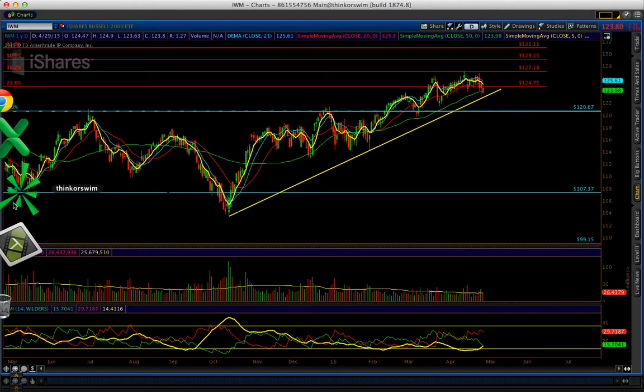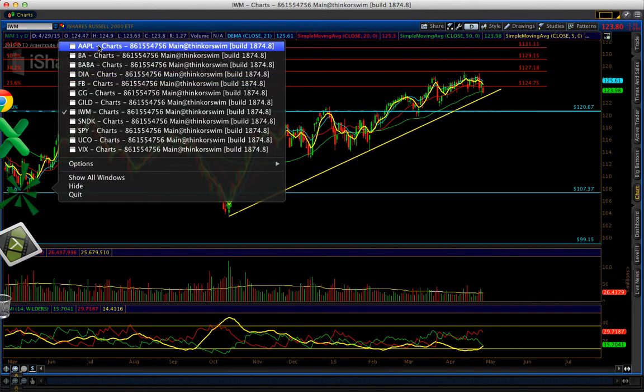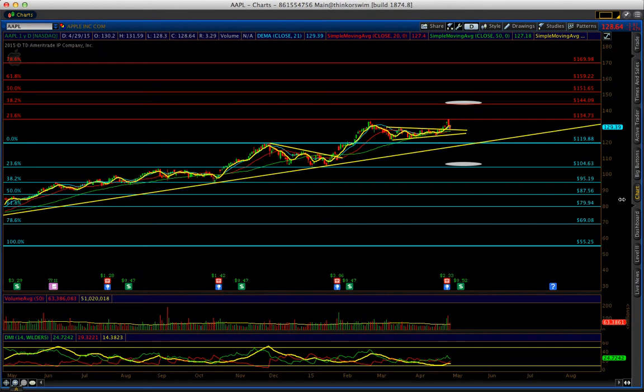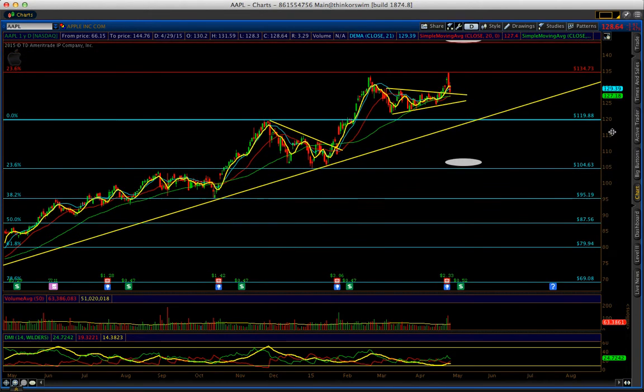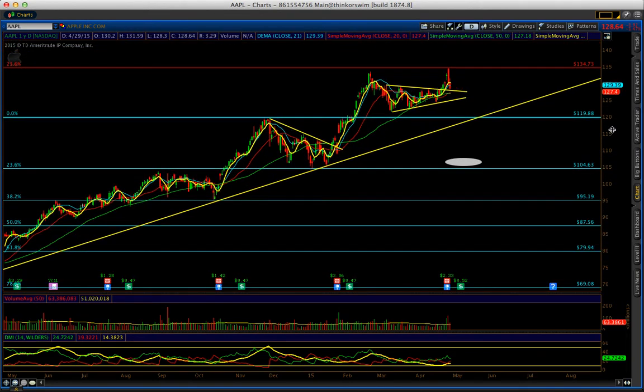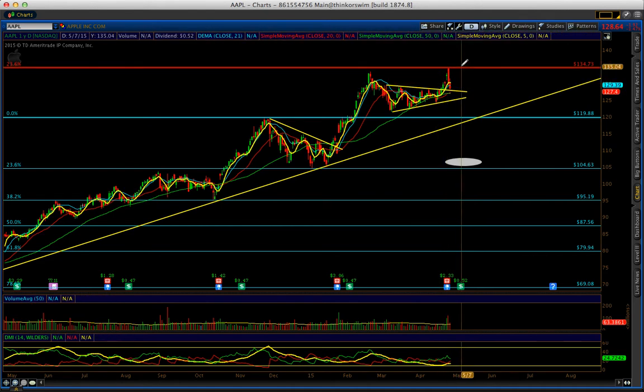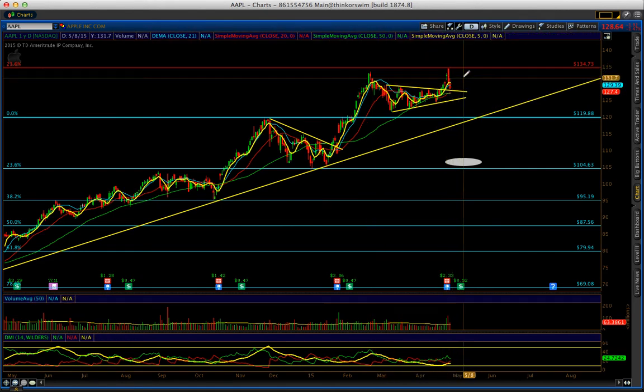Now let's talk about Apple. You see Apple went up nicely to right there to my level. Look at this, how perfectly it went to 134. That's when you see that the Fibonacci works. That's when you see that the Fibonacci helps a lot. Because you can go around all the media you want, and none of those traders say that 134 was a resistance.